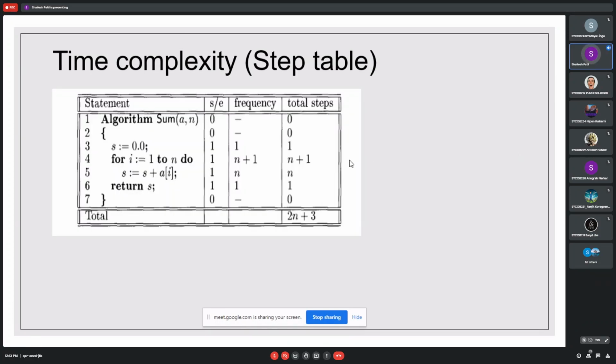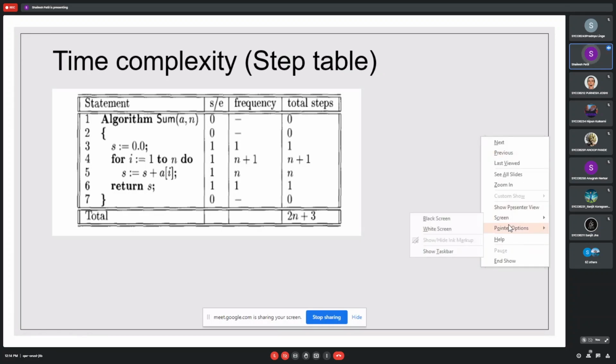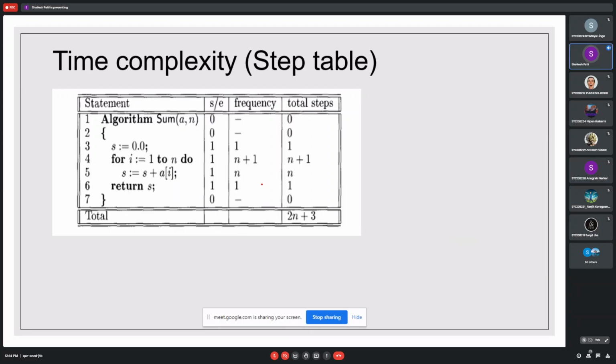I will give you some assignments where you have to write a few examples for this. So you can try for the Fibonacci series. You can try for any algorithm. But the methodology which we are going to adopt, that must be remembered in your mind. Rest of the thing you can draw. It's very simple. You just have to calculate the frequency, and wherever many students make mistakes, they make mistakes here. N plus 1.